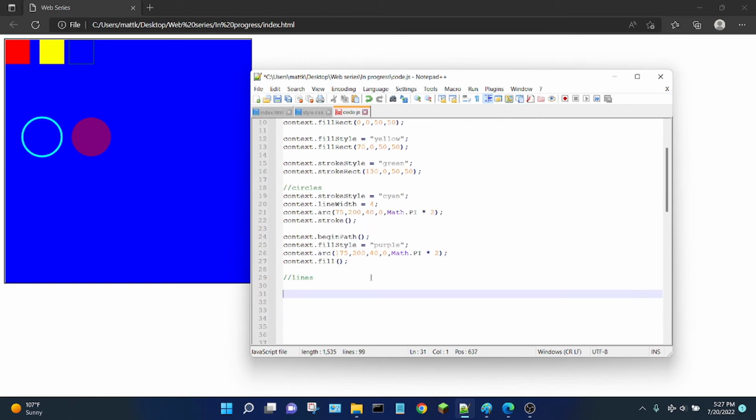Now, I want to draw a line to the middle of the screen. So I'm going to change the stroke style: context.strokeStyle equals yellow. And I'm going to say context.lineTo. I want to draw a line from where we stopped, which is somewhere near this circle. I want to pick it up and draw a line from our stopping point to the middle of the